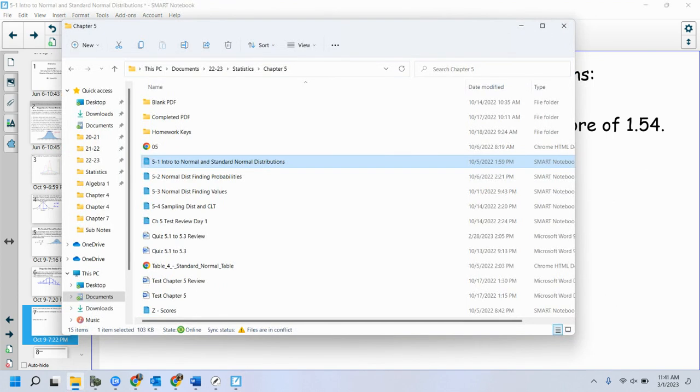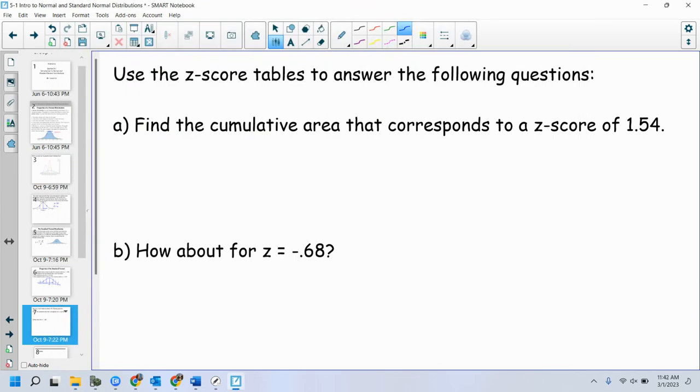the z-score table. There we go. I have it in a Smart Notebook file here. Okay, find the cumulative area that corresponds to a z-score of 1.54. Okay, let's learn how to read these things. If I wanted the cumulative area of 1.54, notice at the top of your z-score table, you see this diagram here? This is saying the area that you're going to find in this table is cumulative area. So if I go and find 1.54,